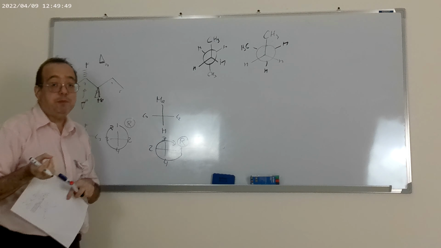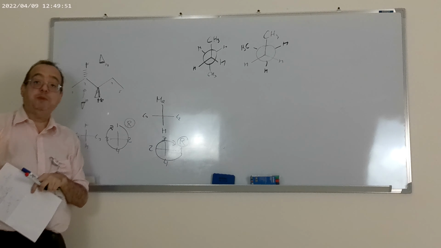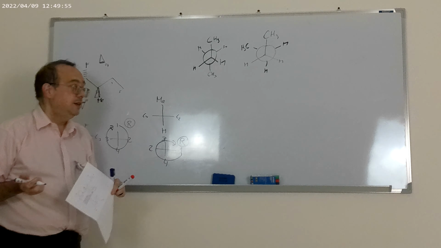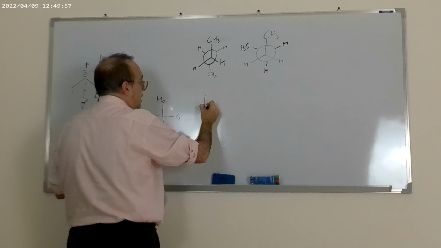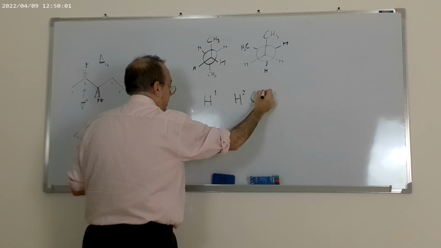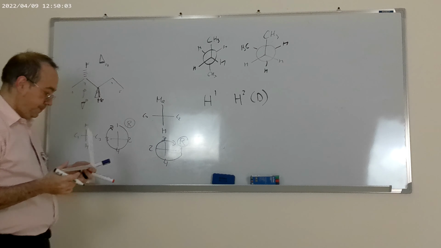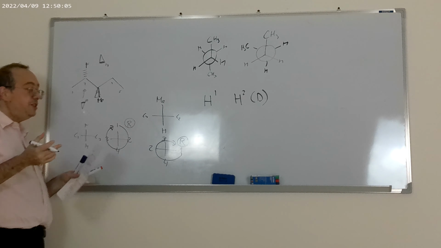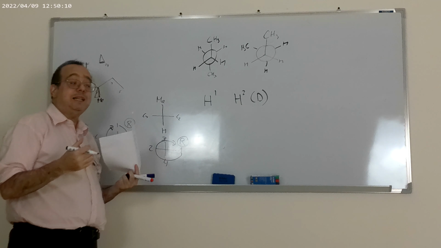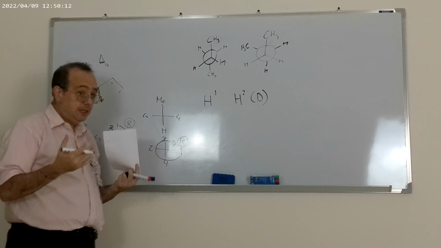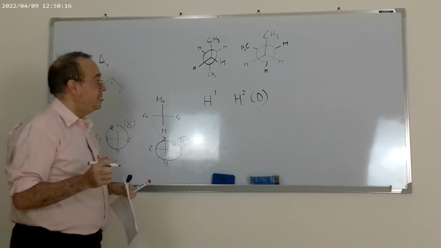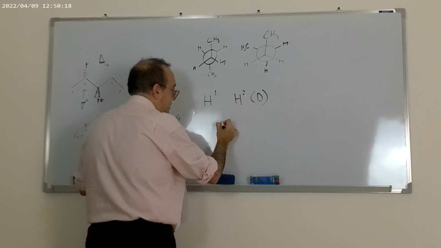Isotopes. Remember that one atom is an isotope of another when the only difference is the number of neutrons. Typical example, hydrogen 1 and hydrogen 2, that also is called deuterium. Okay? Constitutional isomers. Constitutional isomers are two compounds that have the same molecular formula, but differ in the connectivity. Typical example,